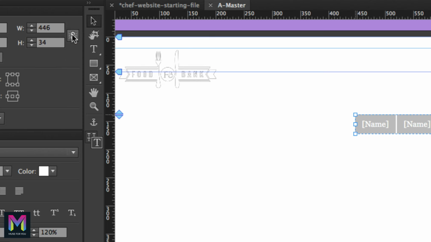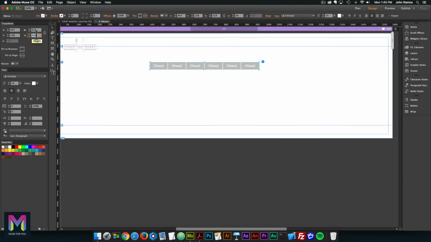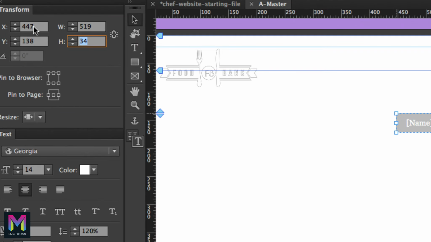Okay, so I'll just uncheck this here, and let's see, the width is 519. So I'll just type it in again, 519, and the height is 34. And then I'll go here to the X and Y coordinates. Here we have the X coordinate is at 869, and the Y coordinate is at